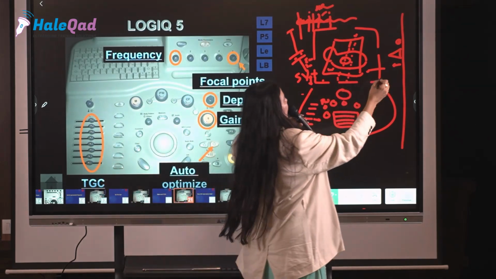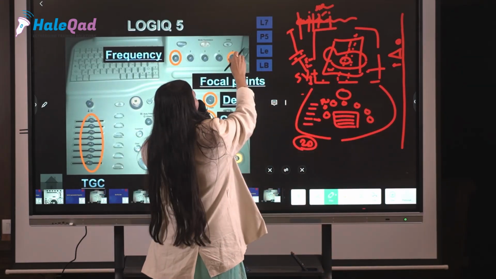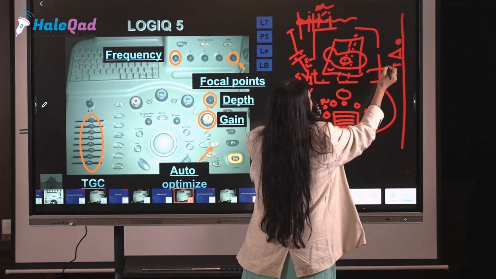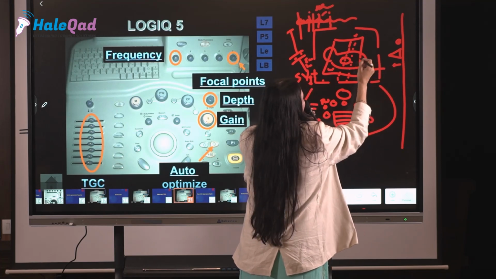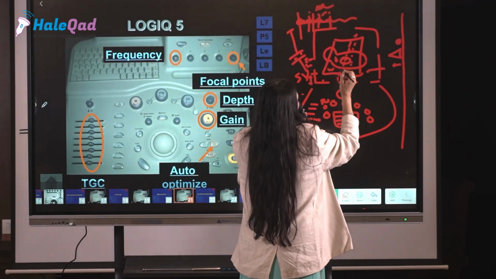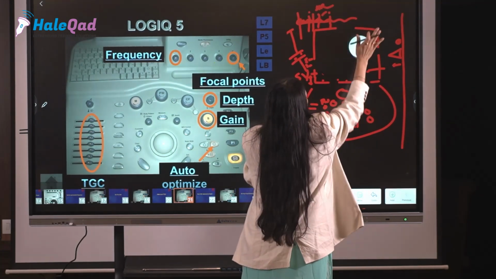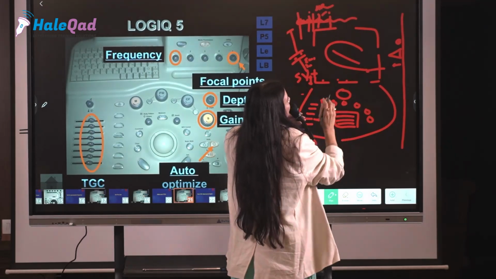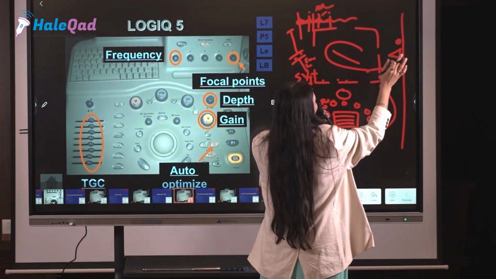So this pointed area, I will rotate this focus knob, and say I want to see only this region of my interest, or say my uterus is like this. This is the endometrium, and I want to see only this endometrium.